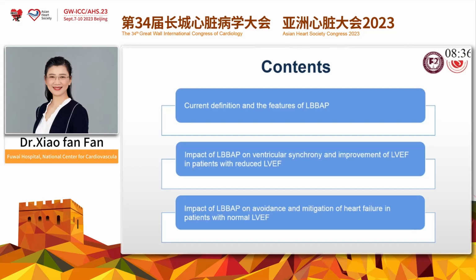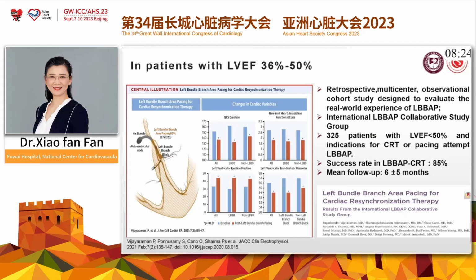Finally, let's see the impact of LBBAP on avoidance or mitigation of heart failure in patients with normal left ventricular ejection fraction. Not normal, just including some patients with moderately reduced left ventricular ejection fraction. In this paper, that's the International LBBAP Collaborative Study Group. They